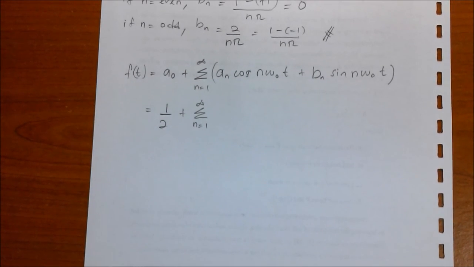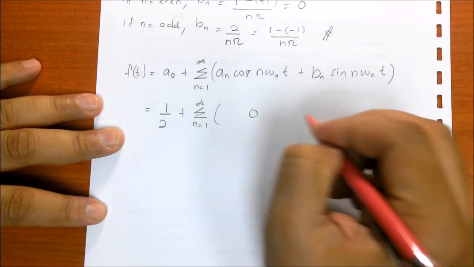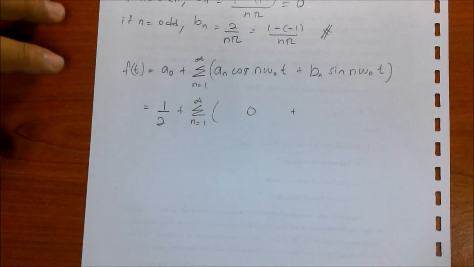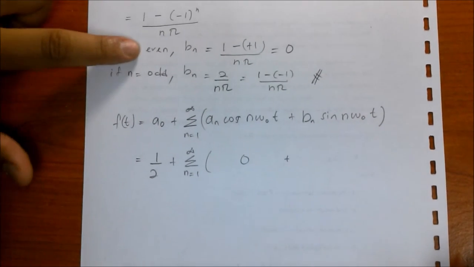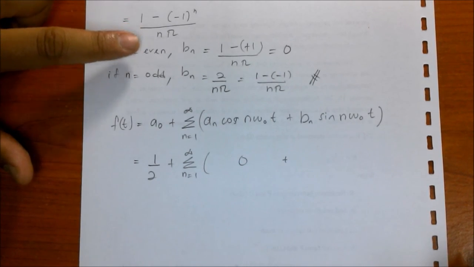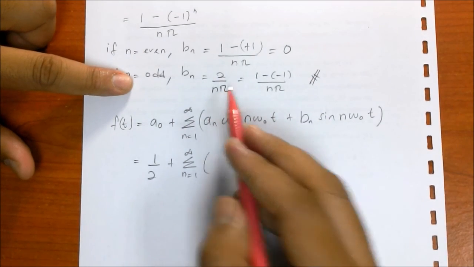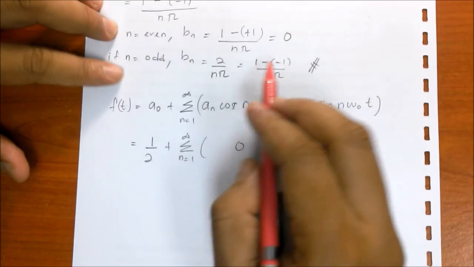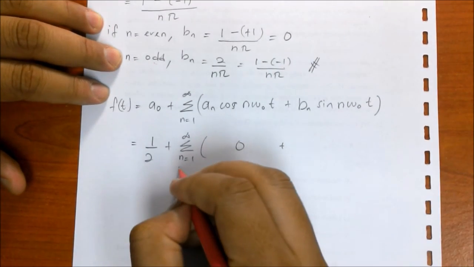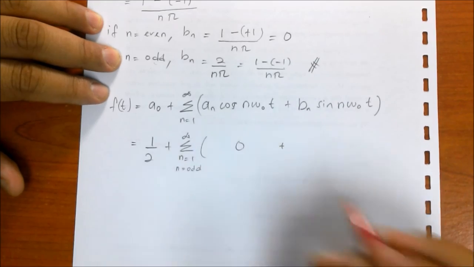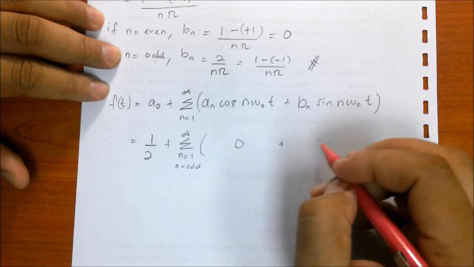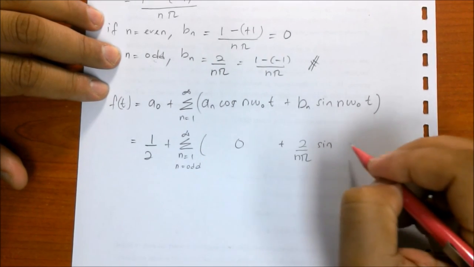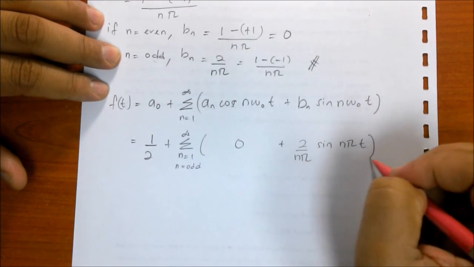Our an is 0, so completely 0 here. So what is our bn? Our bn actually depends on the n value. If it's even, it's 0. If it's odd, it's 2 over n pi, right? So we can just simply use the odd values. And so here 2 over n pi sine n pi t,